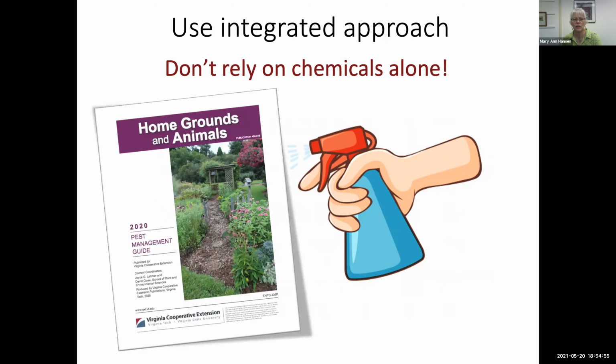You'll want to look at the pest management guide. In Virginia, we have the Virginia pest management guides, and one of them is for home grounds and animals. There's a section on vegetable diseases with a page that shows the common fungicides that you might find at the local store, and then details on how to apply them for the different diseases, some of the ones that I've talked about. So definitely think about chemicals as part of your overall approach,